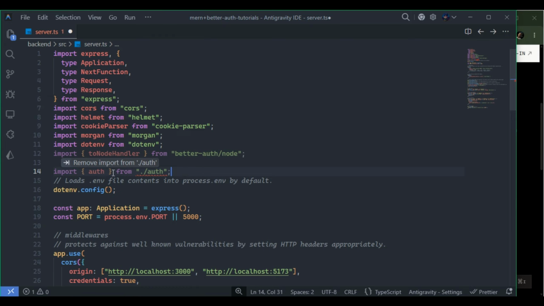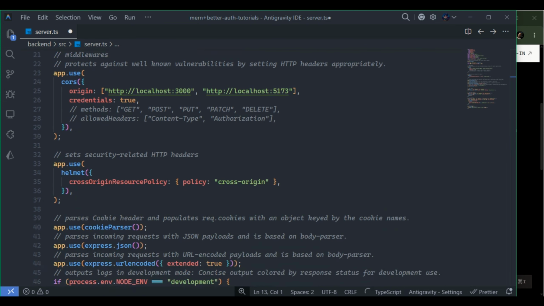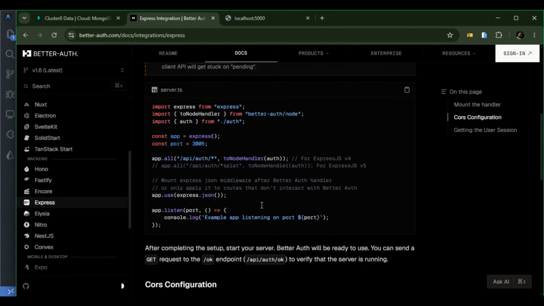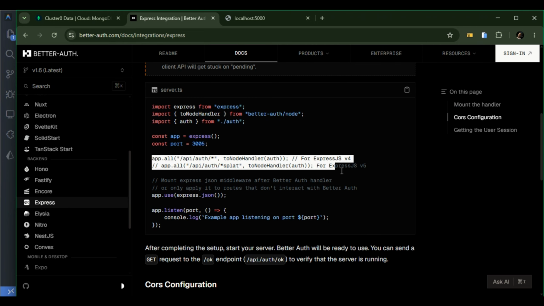You can see here we have this part here. Make sure it is coming from lib, just like that, and also we have Better Auth installed. Make sure you are using Node. Okay, and then make sure that we are using this part here. Okay, copy it, and make sure